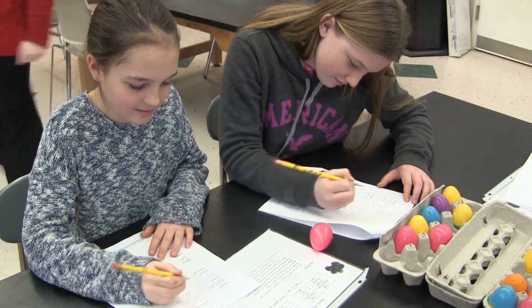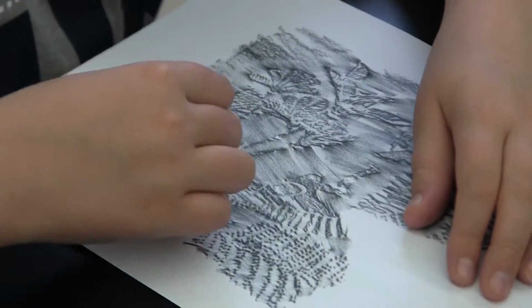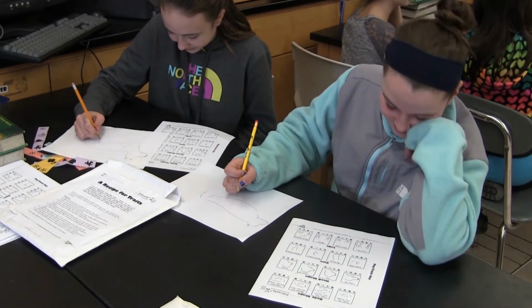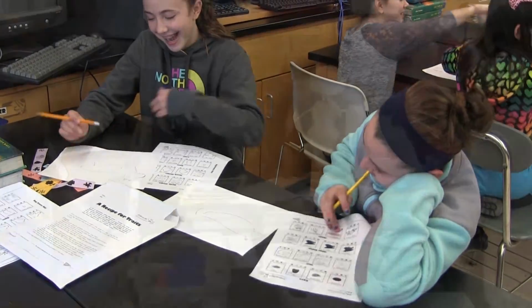Student-centered learning is important in our classroom. Students are always given the opportunity to go through lab stations for every unit that we do throughout the year. It puts more emphasis on hands-on learning where students are able to investigate while also taking responsibility for their own